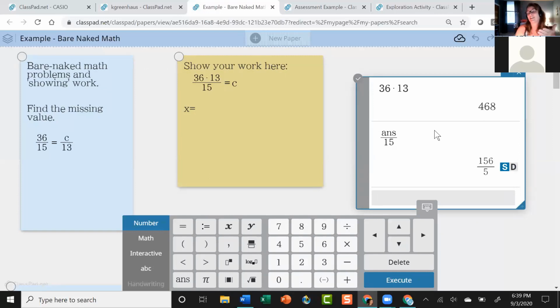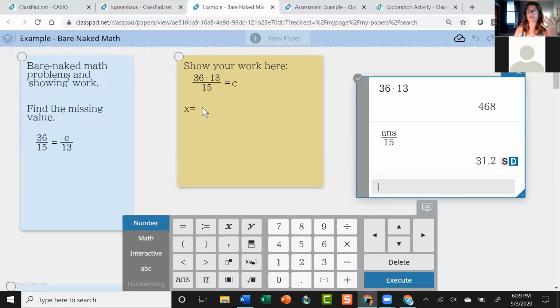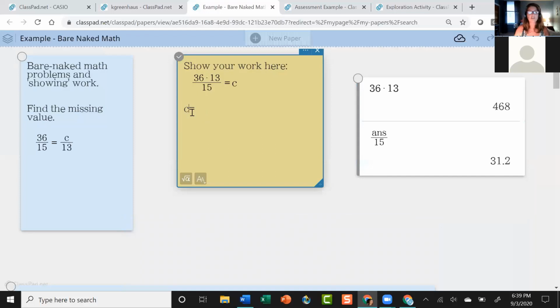But actually, that was good. If I'd left that and this teacher saw the work, they would have realized that I just made a computation error. Like I did the right process, but I had the wrong calculations, right? So that's good for them to show your work. That's one of the reasons we ask them to show their work. So anyway, this is a bare naked problem. There's no context. There's no expectation of explaining, when some of you said, justify your answer. What's the justification for what I just did? There is no real justification. It's, I followed your steps. You told me to cross multiply and divide, and that is what I did,